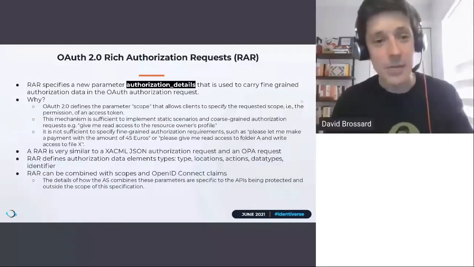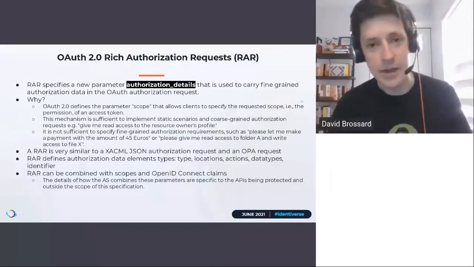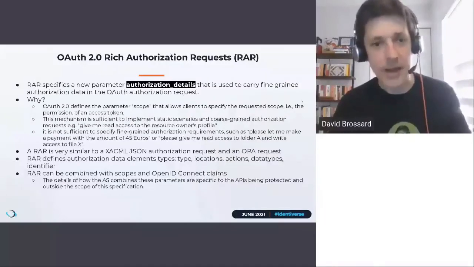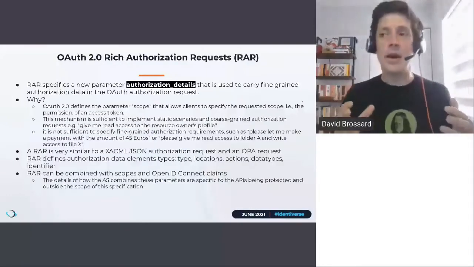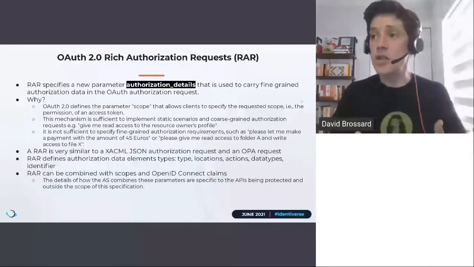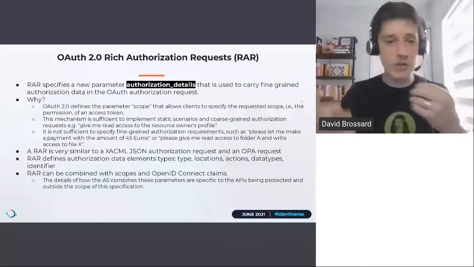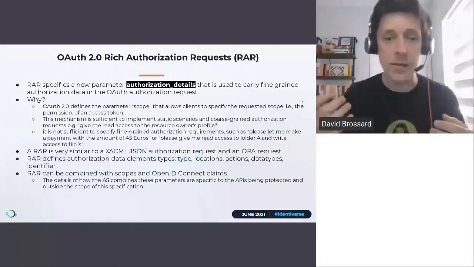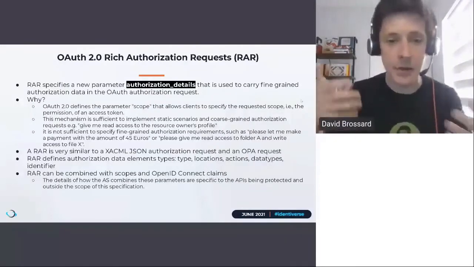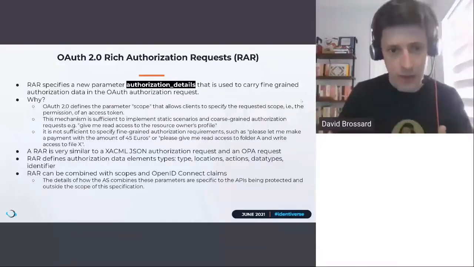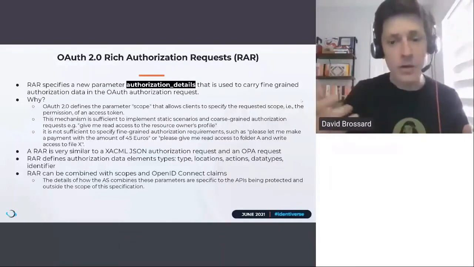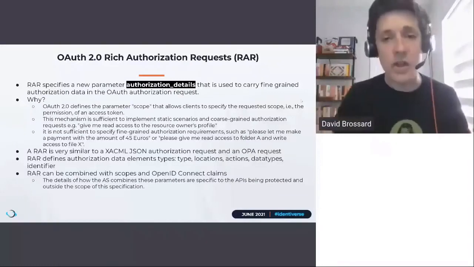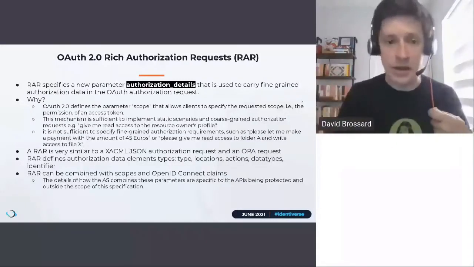The new standard that I'm really excited about is the Rich Authorization Requests. The whole point of the Rich Authorization Request is to be able to carry an authorization question and a set of attributes into the initial request that goes to the identity provider in an OAuth flow. So it will let you ask better questions when you're doing your OAuth or OpenID Connect